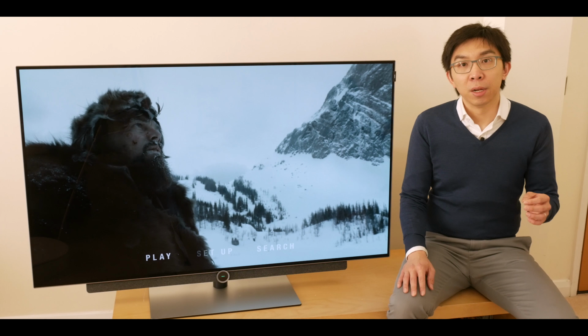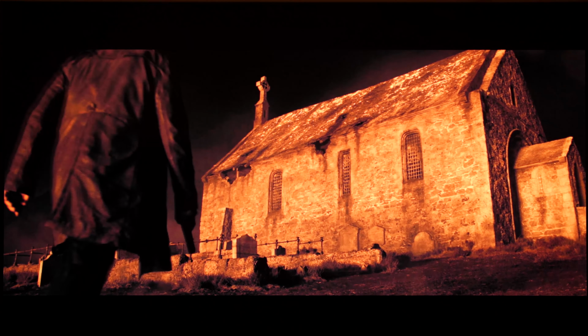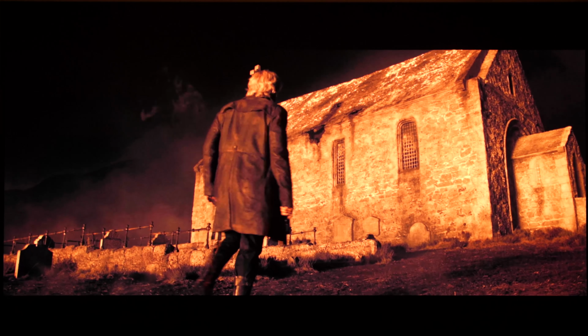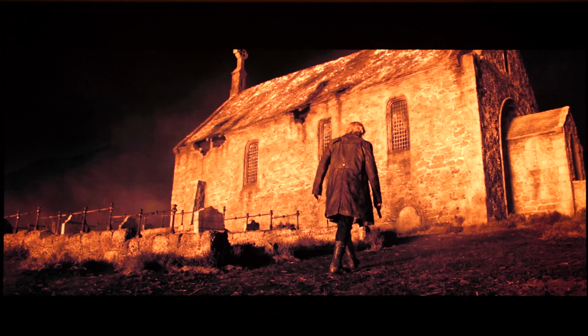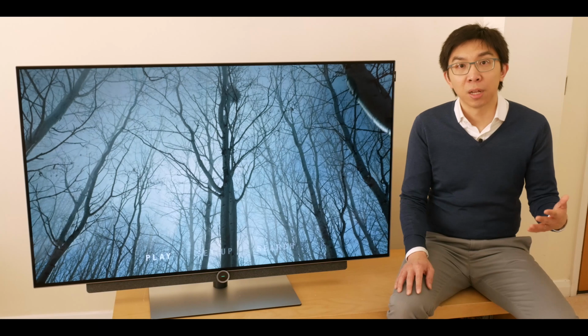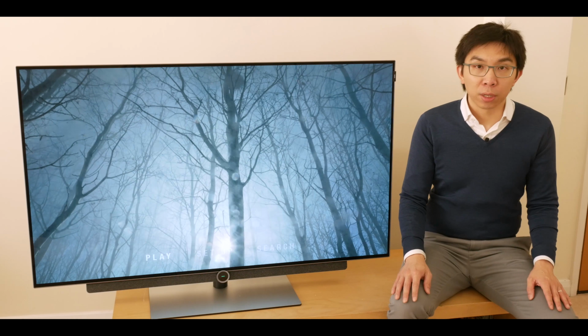For example, in this Skyfall clip where Javier Bardem is heading towards the chapel, the night sky exhibited sort of a hard cut, unlike the 2017 LG, Panasonic and Sony OLEDs, which presented a smoother transition from black to dark gray. Scaling quality is high, with sharp detail retrieval and mild signs of ringing on this SMPTE RP133 test pattern